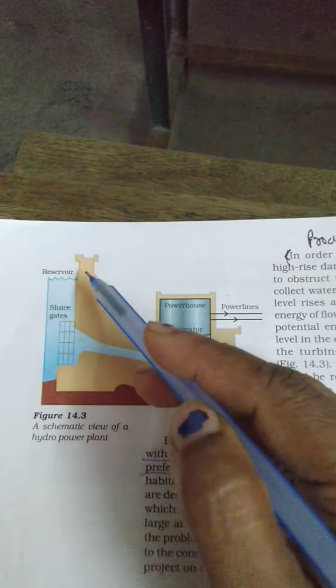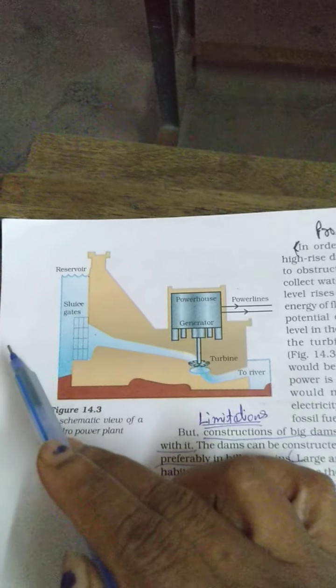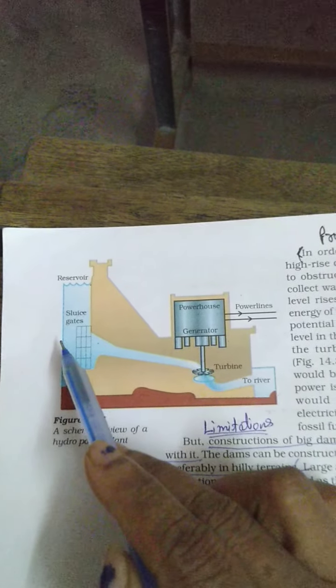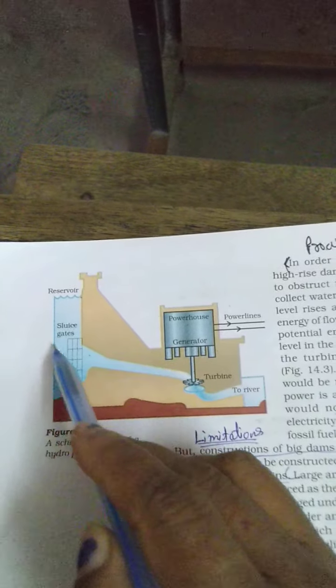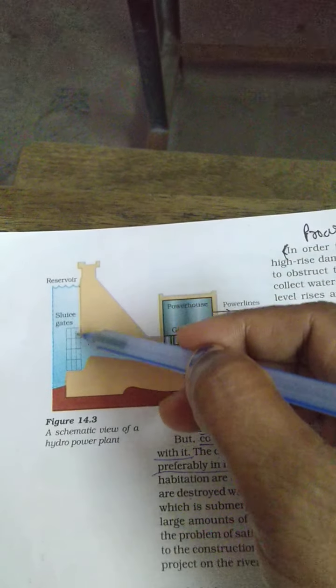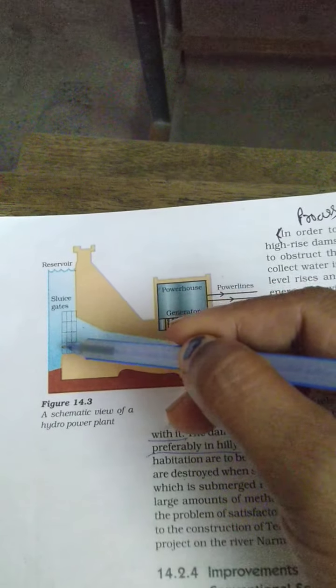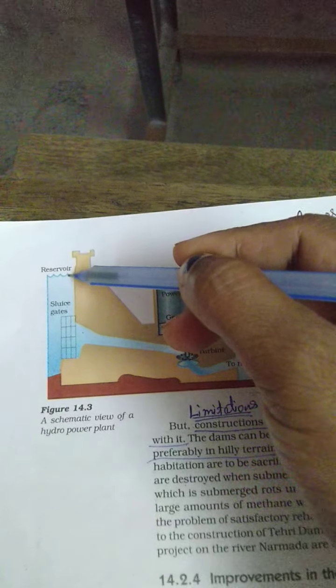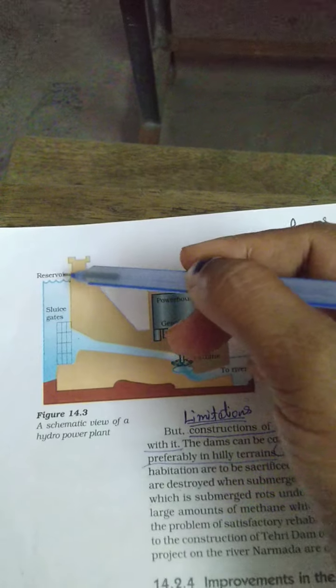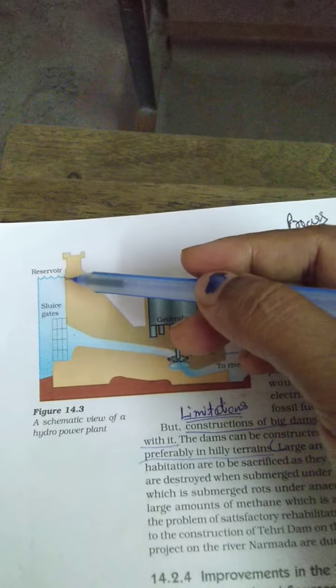Then you have to write the process. Before writing the process, you have to draw this diagram where you show that one dam is there. When the river water in the hilly terrains flows, it flows with high speed. Then a dam is constructed on the path of the river where the water gets stored. So when the water level rises, at a greater height the water is stored.